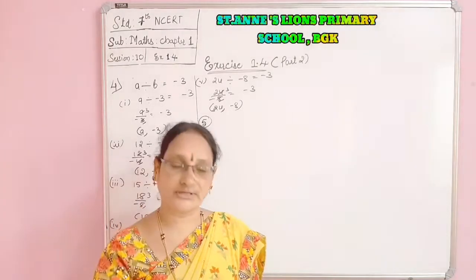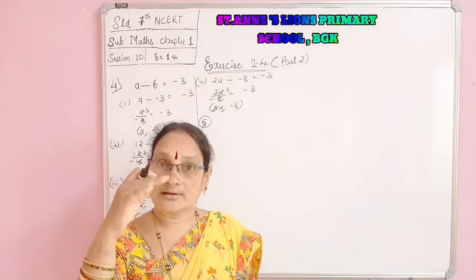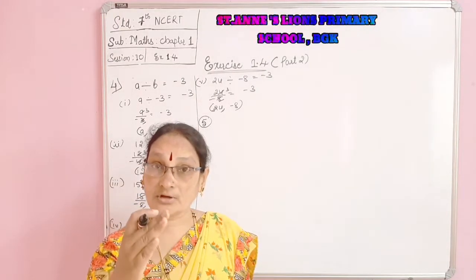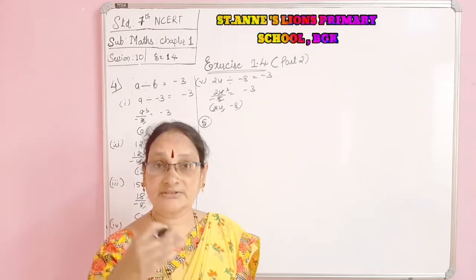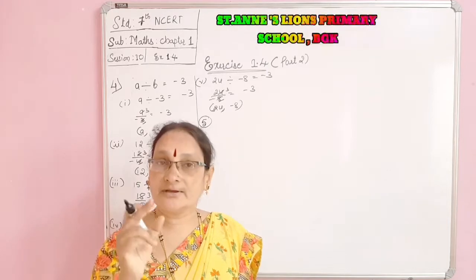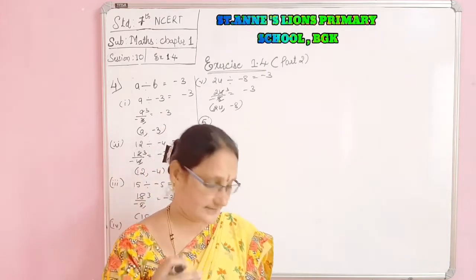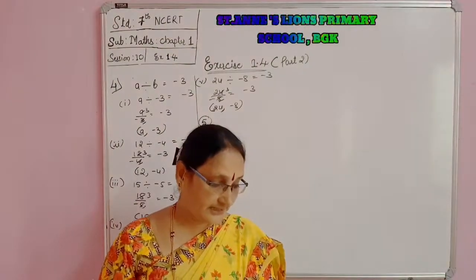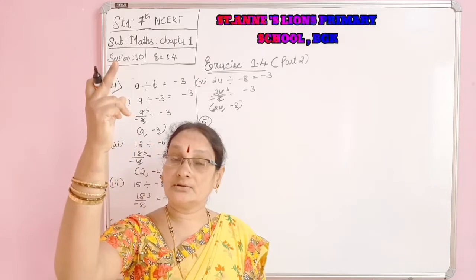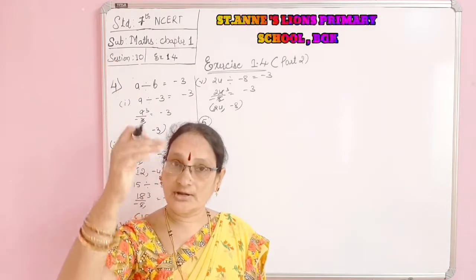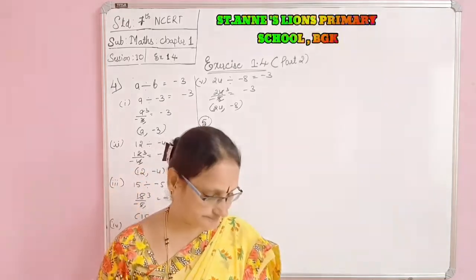It goes on decreasing 2 degrees Celsius per hour. 1 hour, 2 degrees. For example, 12 o'clock 10 degrees, then it is decreasing, 1 o'clock 8 degrees, 2 o'clock 6 degrees, 3 o'clock 4 degrees. Every hour 2 degrees Celsius goes on decreasing until midnight, afternoon 12 to midnight 12 o'clock. It goes on decreasing the temperature by 2 degrees Celsius per hour.